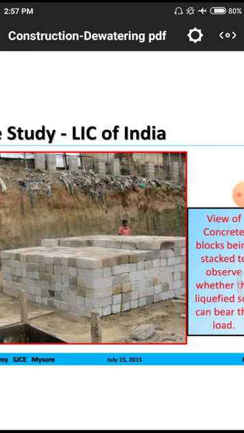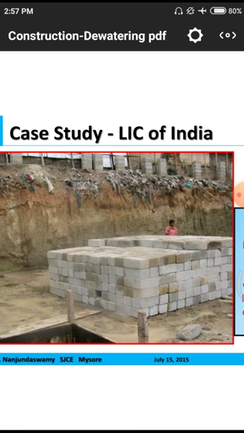That means getting downwards means automatically they have to form a small, మనకి గుంతలాగా ఫామ్ అయిపోతూ ఉంటుంది. So that we have to observe simply by this kind of construction practices. Simply we are employing a particular quantity of load on the soil strata, so that if the soil is bearing those loads, automatically we have to go for dewatering. The soil is not bearing the load means automatically we need to employ different methods for dewatering. If that is also not suitable, automatically we have to remove the total quantity of soil and place a new soil and go for construction.